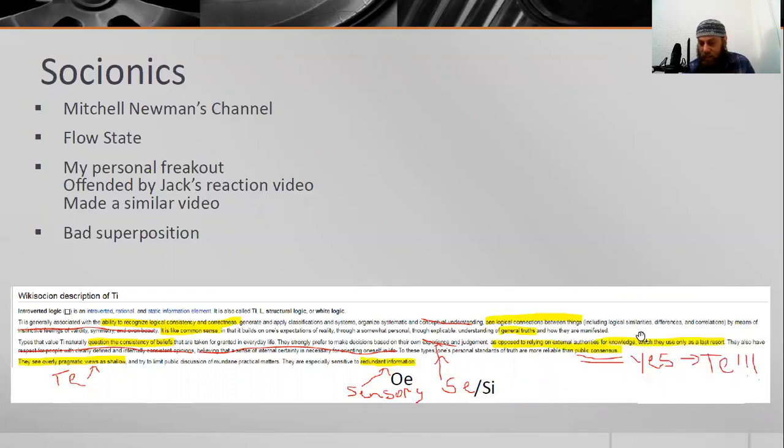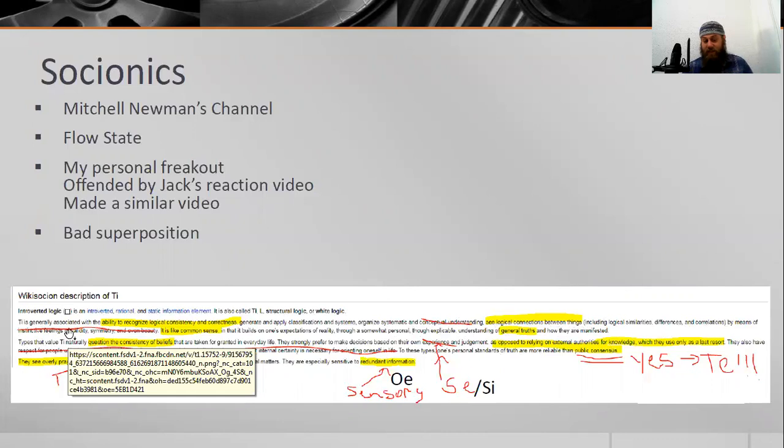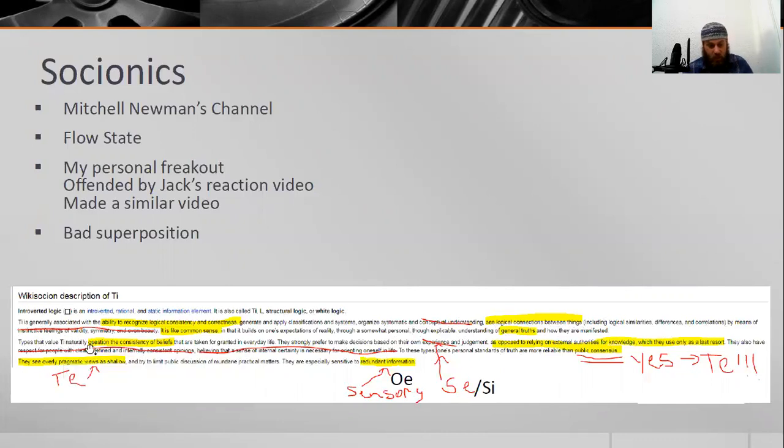I like that. I highlighted it, including logical similarities, differences, and means of, here we go, instinctive feelings of validity. So I feel like I have instinctive feelings of validity, symmetry, and even beauty, right? So again, symmetry and beauty, what are you talking about, right? There is a lot of beauty in logic, right? So when I was